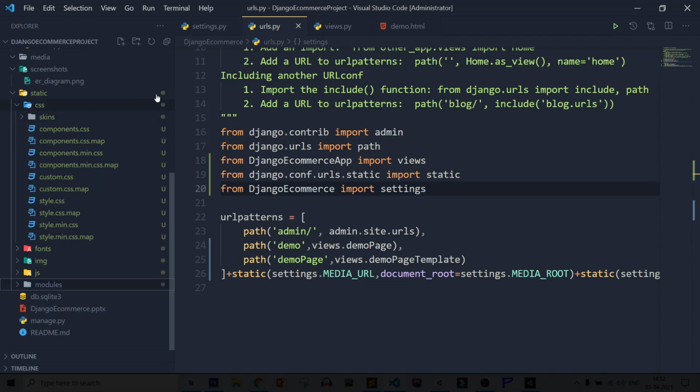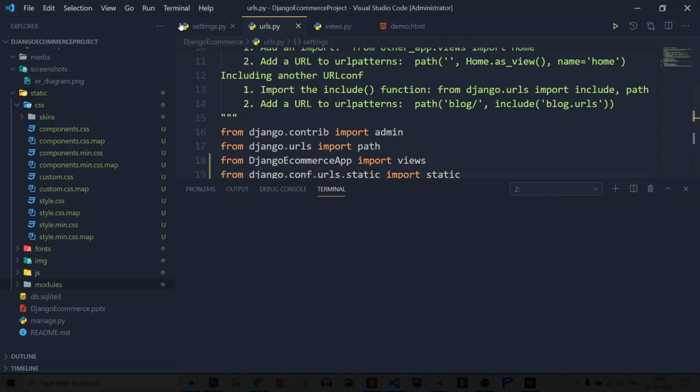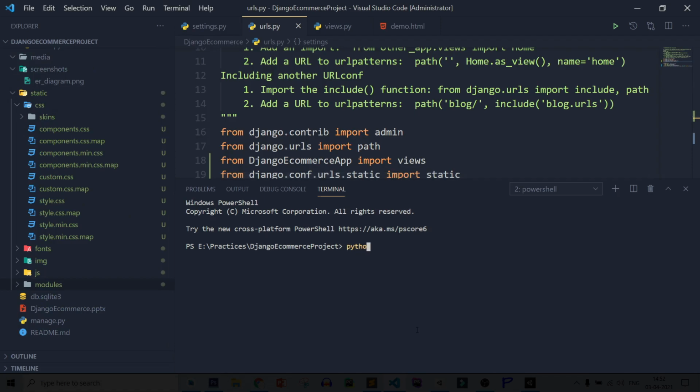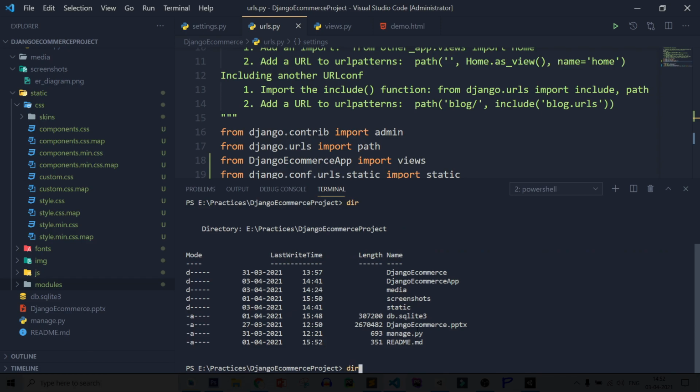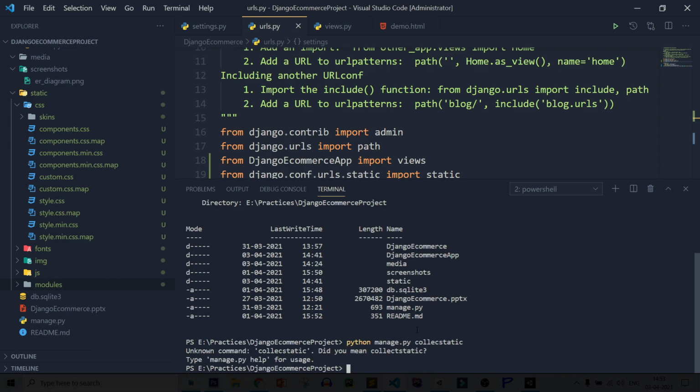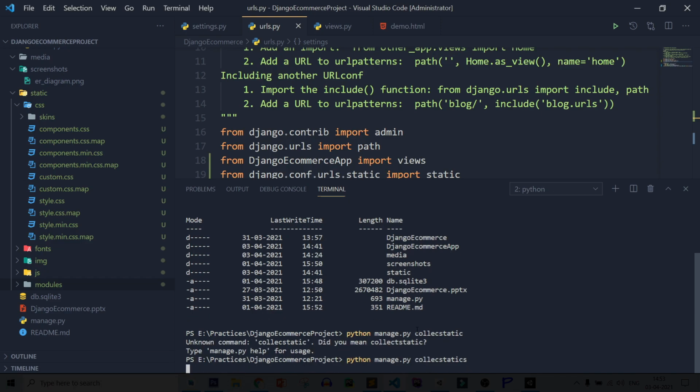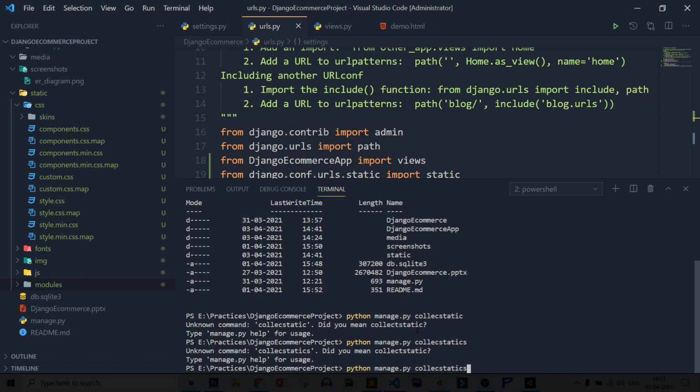If this is not working, you need to run one more command. So open a new terminal, python manage.py collectstatic. Okay, there is a spelling mistake here, and again a spelling mistake, it's collectstatic.